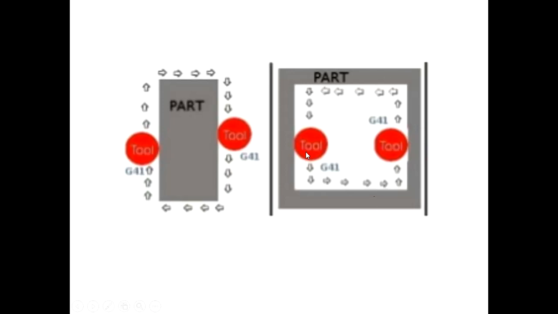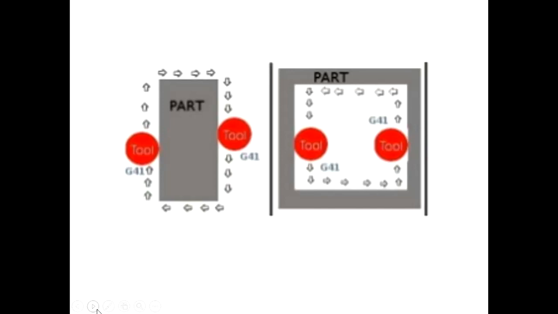Now for internal milling also we can see, your cutter is moving like this, in this direction. Again, we want to compensate the cutter to the left side of the program surface. This is your program surface and the cutter diameter is to be compensated to the left side. So that's why this G41 code. This is for external milling and this is for internal milling.